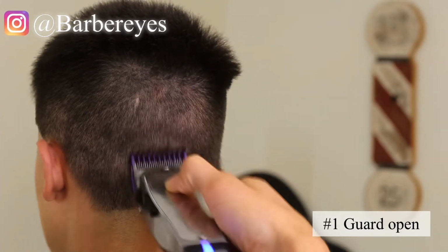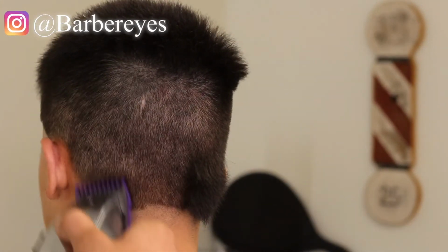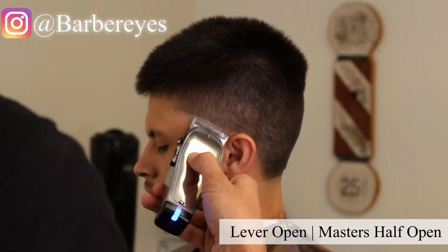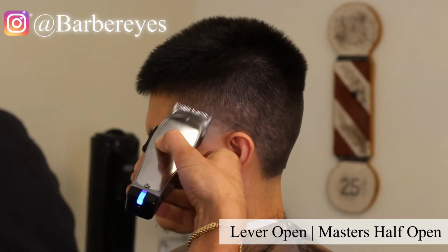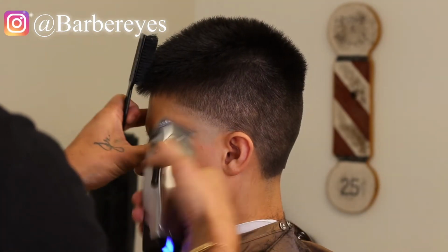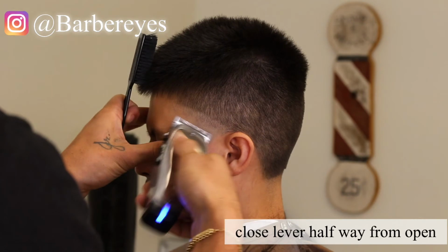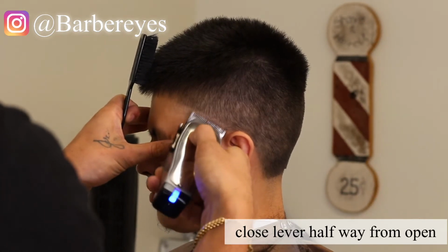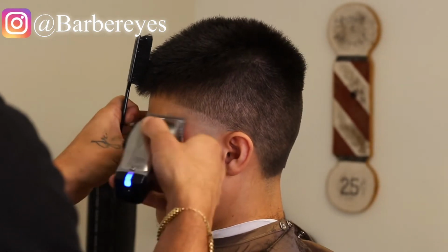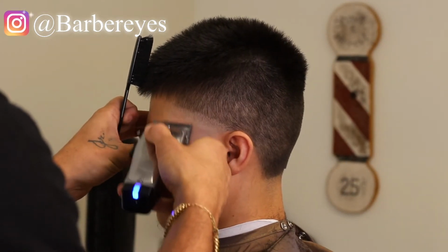Now with the client, we're gonna do like a 1 close, but I'm fading. So we're gonna start with the Masters half open, which on the walls would be all the way open. Go up, say maybe about 1/4 inch. We're gonna close halfway and tap the line we made with the triple aught or the close knot ball, then it should go out. If not, just close it a little more and